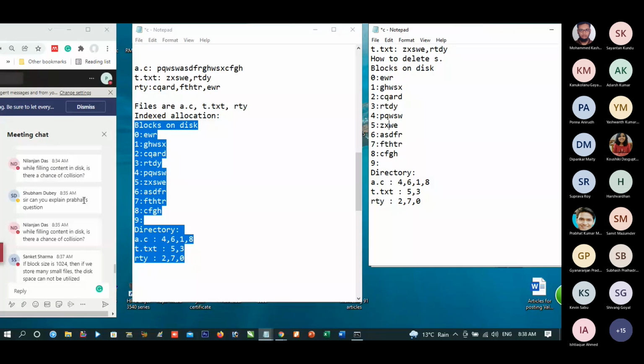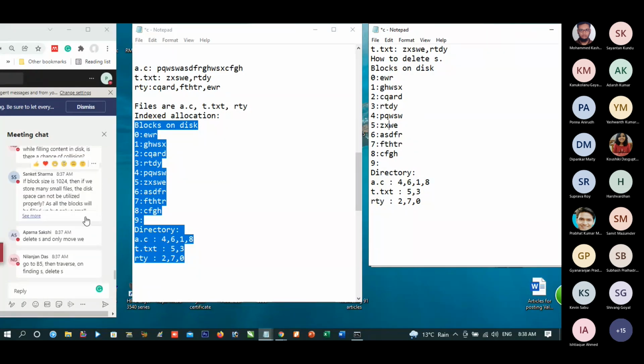Sir, when we are filling the content of one file. Sanket, you are fully correct. That is, if the block size is 1024 and many small files are there, then a lot of space will be wasted. And if we take a small block size, then the directory structure takes more storage. You are fully correct. Who was asking?